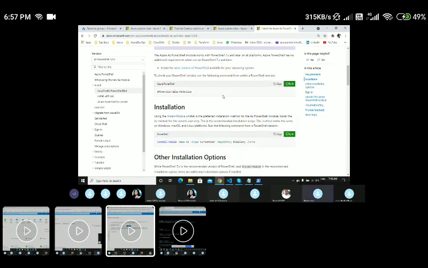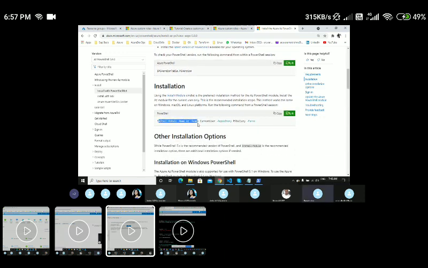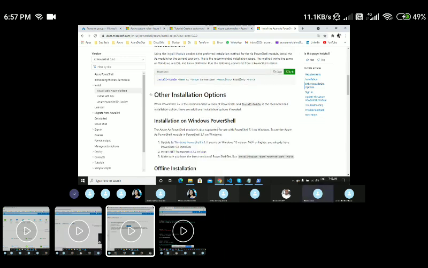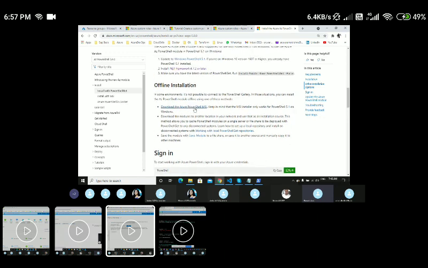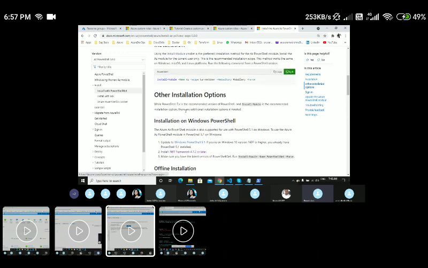If I come down, this is the command to perform the installation. This is an online installation. If you wanted to do an offline installation, you can do that also by installing this particular MSI package. For now, let's see how we can perform the installation. You should have a PowerShell version of minimum 5.1, and you should also have the .NET Framework 4.7 or later, because these PowerShell modules are built on the .NET Framework. So maybe somebody can share the screen so that I'll guide you on how we can install these modules.